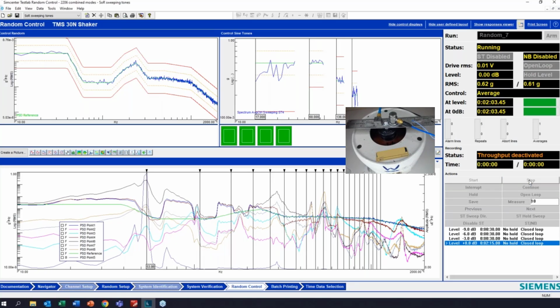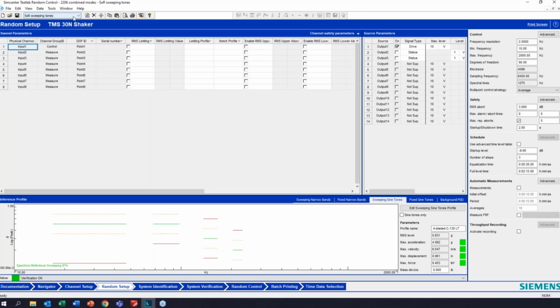All right, I am going to call it quits there and go back to our random setup again, and let's take a look at fixed narrowbands. So I'm going to change to that section that I've already set up and see my sine tones have gone away.